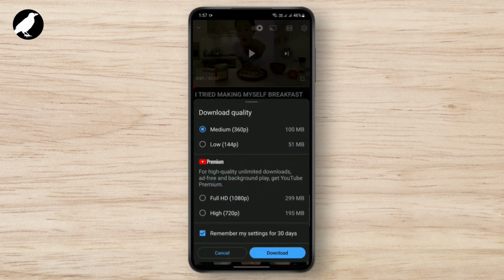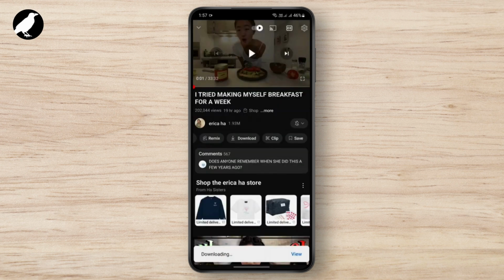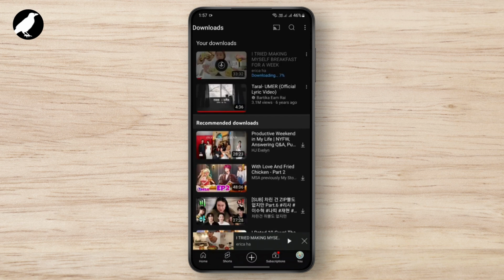You can choose your download quality, medium, low, and you also have the premium option of full HD and high, which you need to pay. Just tap on the download option and view your downloads. Here you can see your video is being downloaded onto your device, and in that way you can download YouTube